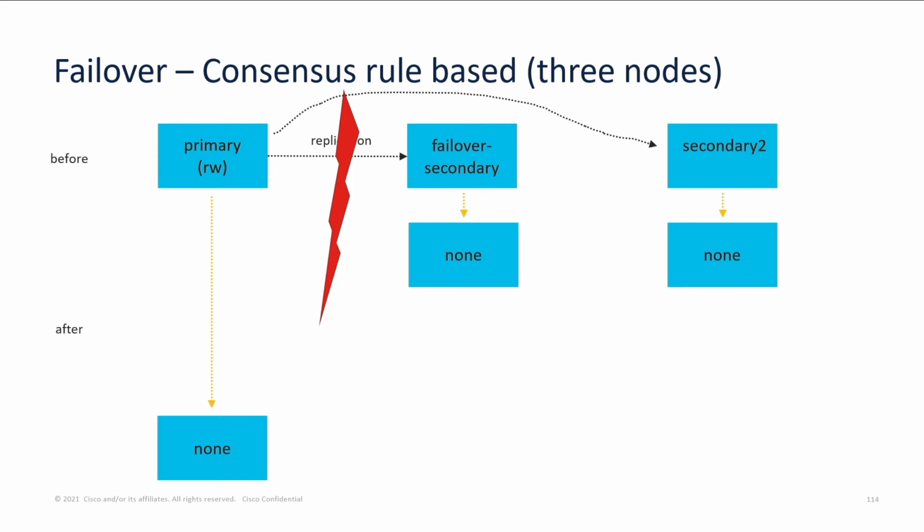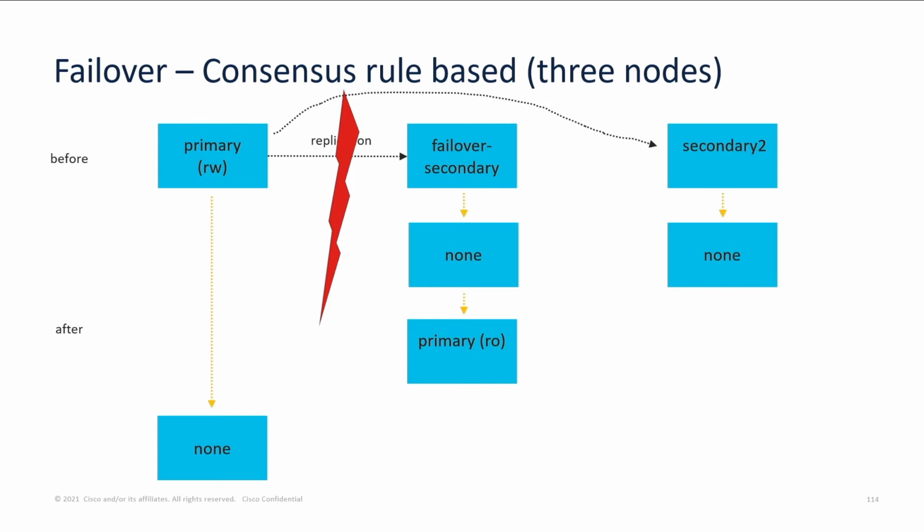And now the consensus algorithm kicks in and starts resolving. We have these reconnects. And when the reconnects have been consumed, like in the previous example, the failover secondary will step up and become primary. But there's a small difference. Now it will be in state read-only